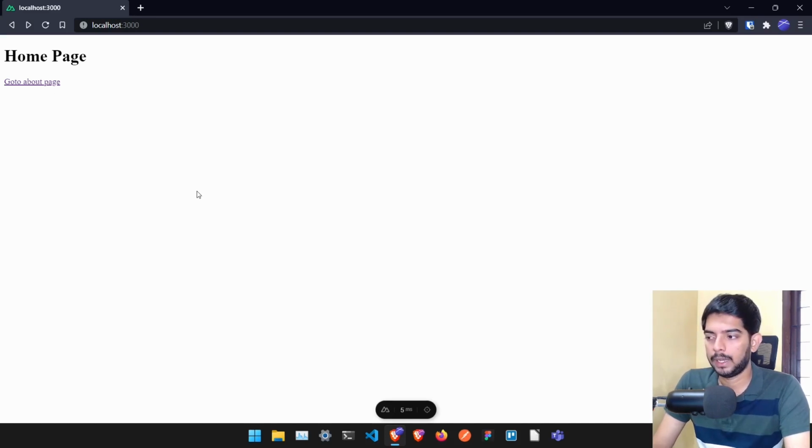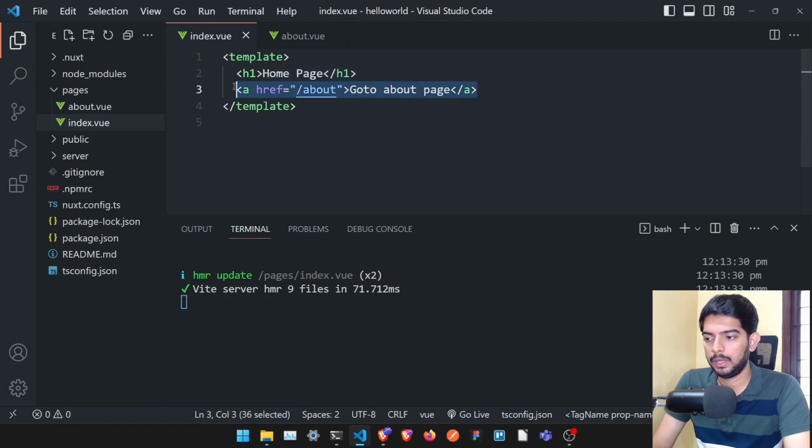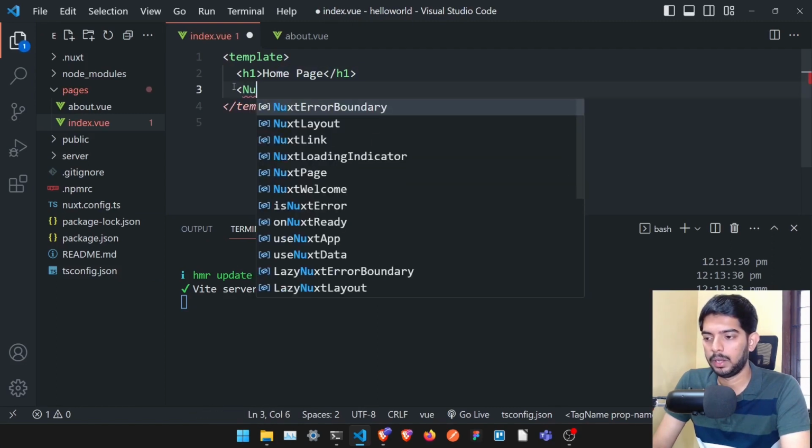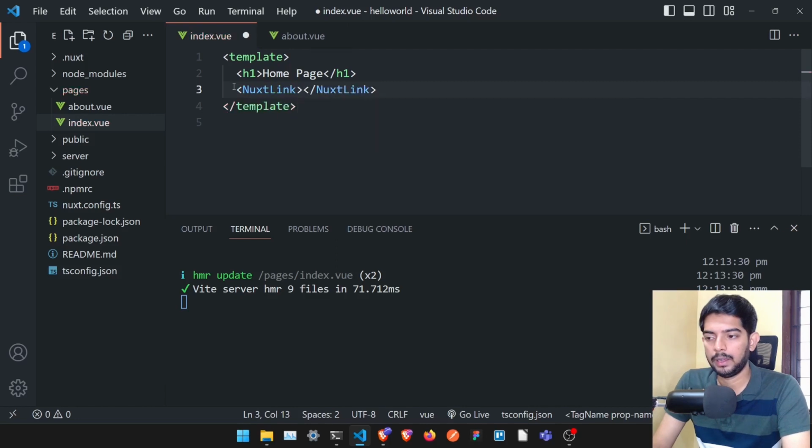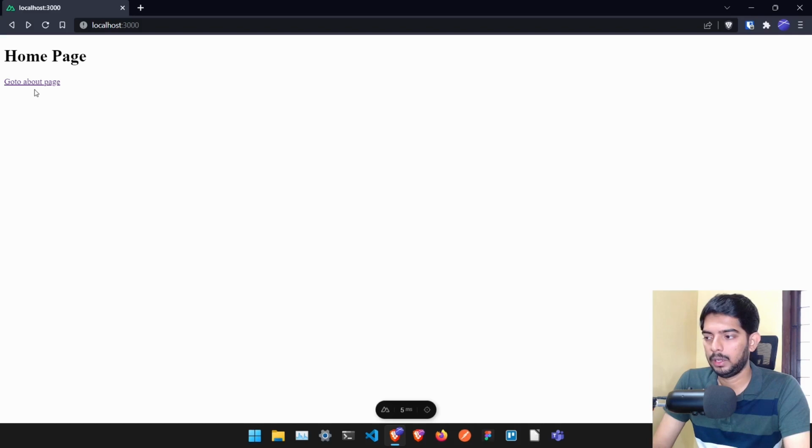So instead of that, we can use something like, I'll just erase the entire thing and type NuxtLink, and I can type the same thing like how I wrote that time, go to about page. Instead of href, I can just give to, and inside this particular to, I'll just type about. So now if I just save it and click on this particular link, you can clearly see there is no refresh, and you can see this icon again if you want. I'll just click on it. There is no refresh, nothing,